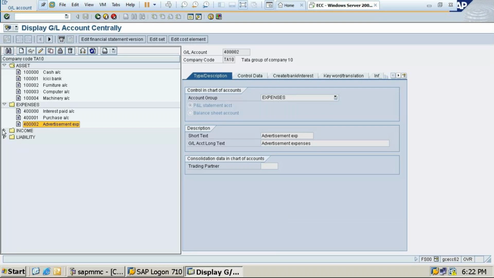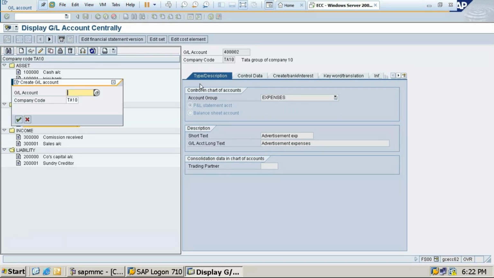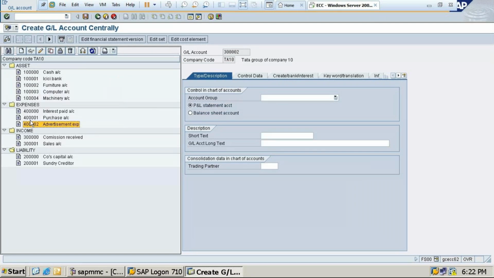Next I'll do one income, that is commission received. I have done just rent received, that is 3 lakhs 2. Let's take salary received also. I'll do that. Type and description, income. So that is your salary received.